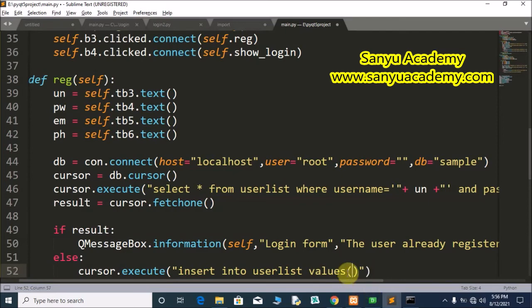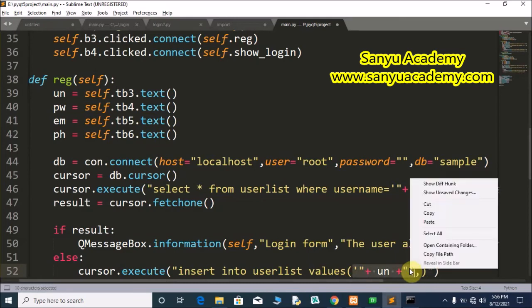In these brackets we have to provide the username, password, email and phone. Two single quotes, inside these two double quotes, inside these two plus, inside this two spaces, in between provide the un variable. It's a variable where we have stored the username collected from the form. Comma, we can use this for the other values, Control C or right click copy,